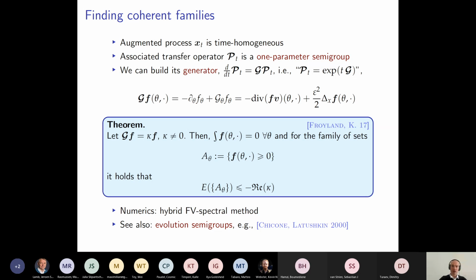So how do I now get back to coherent families? Again, as before, I consider the augmented process now. That is a time homogeneous process. So in space-time, the associated transfer operator, which is now boldface because it acts on space-time functions, is a one parameter semigroup, which by classical semigroup theory will tell me that the whole time parameterized family is described by just one operator, the so-called generator, which